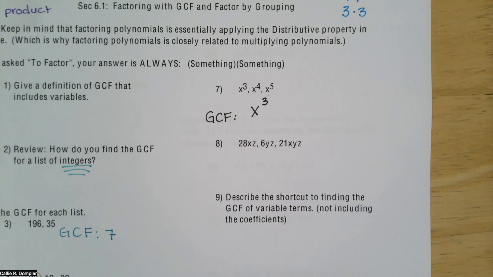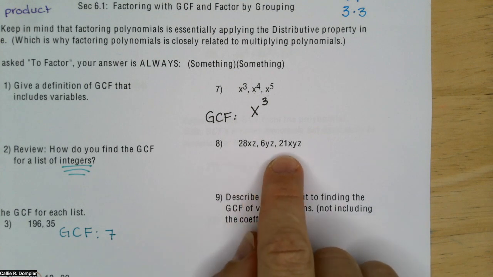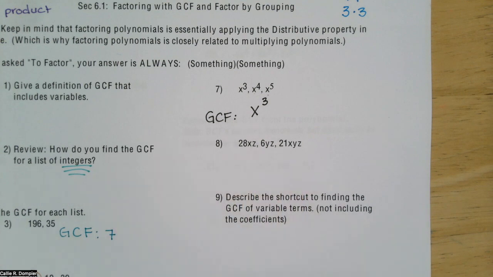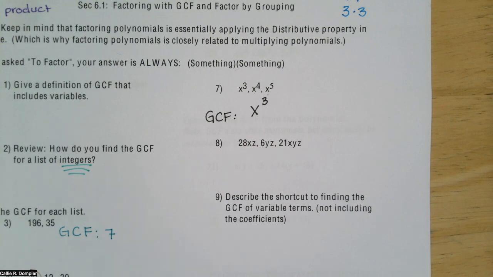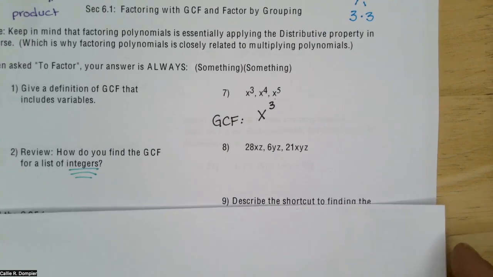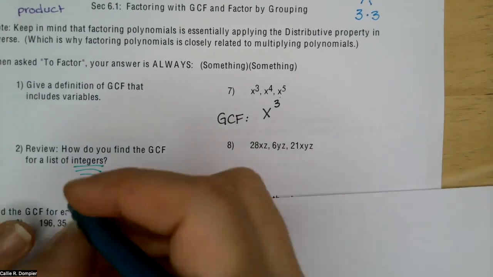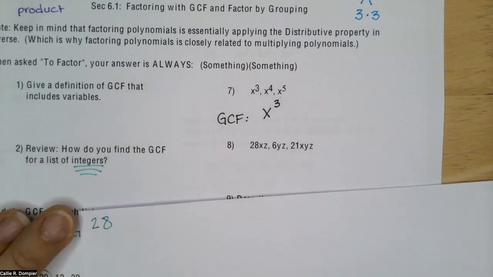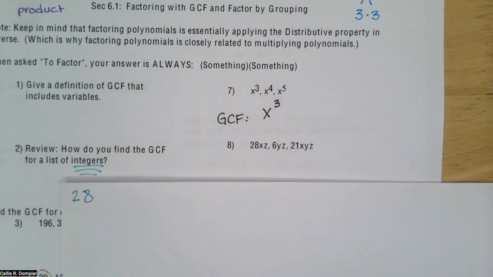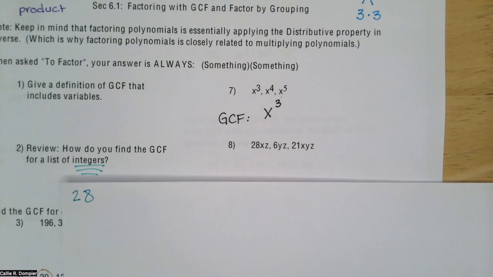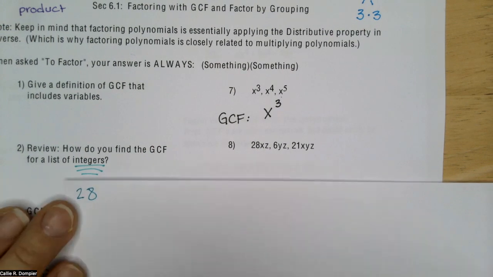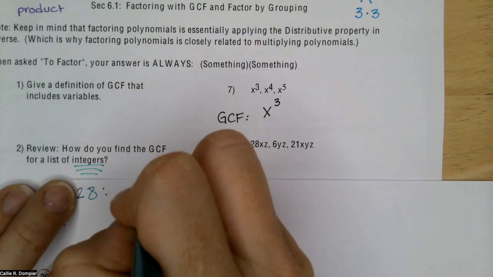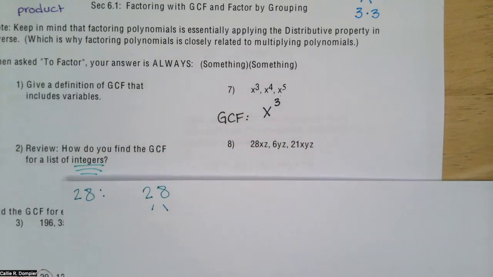Number 8, they are now combining numbers and variables without exponents, interestingly. So what I do is I look at the numbers separate from the variables. We have 28. And again, you're welcome to use the list of primes or not. It's up to you. So 28, if you just wanted to start with a small number, 28